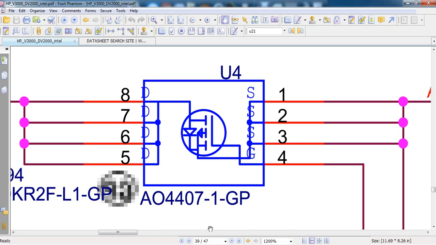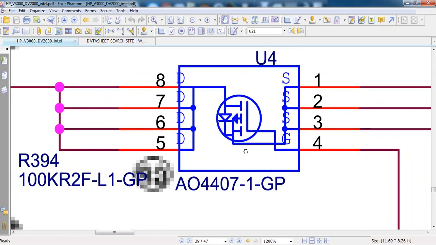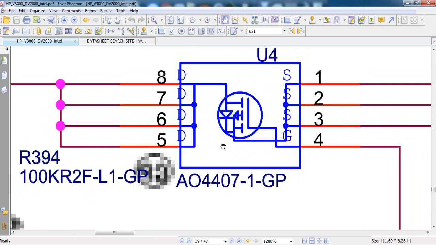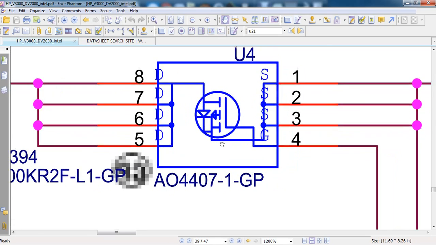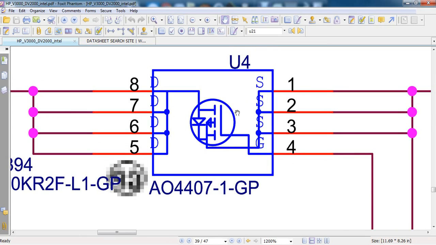Okay, it is very easy to troubleshoot the notebook motherboard when you follow the schematic diagram, so that you can identify the exact components, or you can directly go to the problematic sections. If the laptop hard disk is not functioning, then you can directly go to the SATA connector. If the ODD is not functioning after replacing, then you can directly go to the ODD section. Okay, so that's why the schematic is very important for beginners.